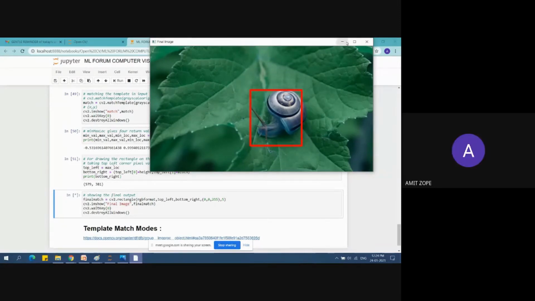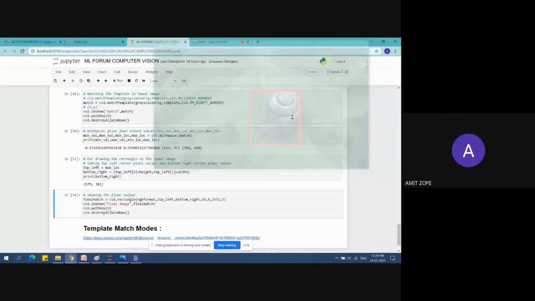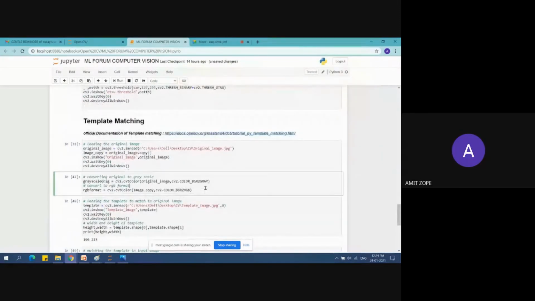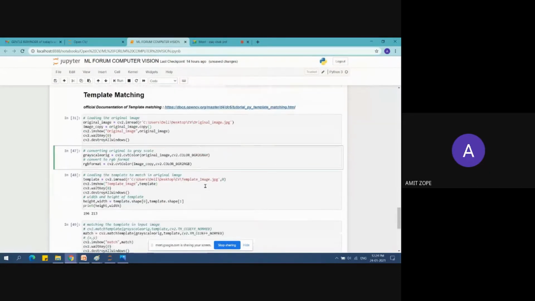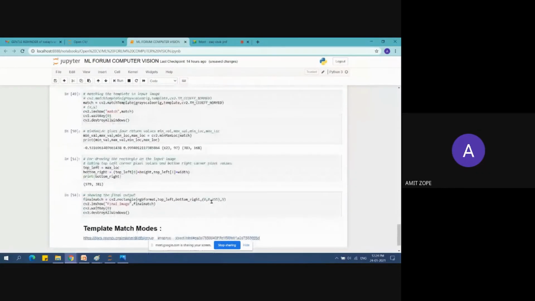Okay. It should come there, but it is not coming. I will look at BGR format, RGB format, and the final match. Now it is, yeah.